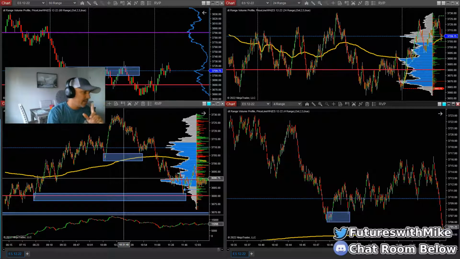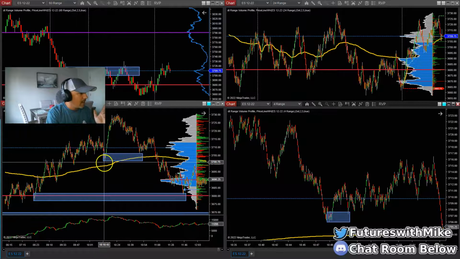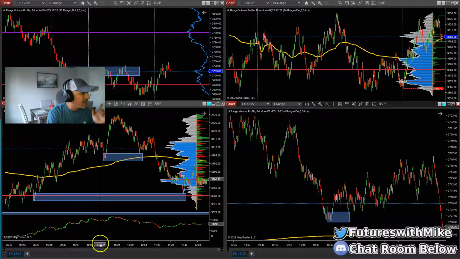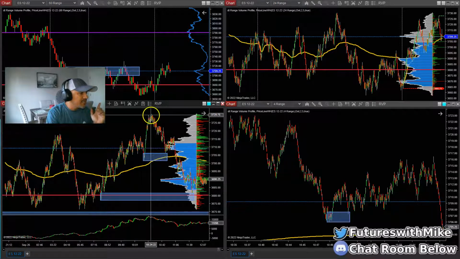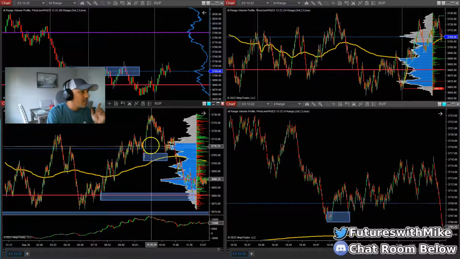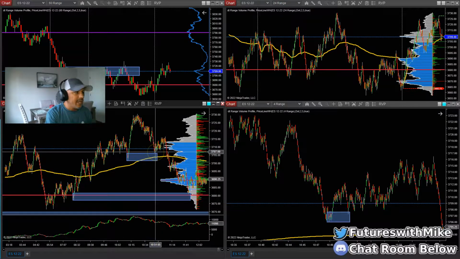selling took place. Again, I'm reiterating that. We marked up the area of demand, a key area where a lot of buying came out of the market. Okay, breaking an area of structure right here, pushing to the upside. When price, we mark the zone. When price comes back to the zone, what do we do? It hits the area of demand on our 12 range anchor chart.